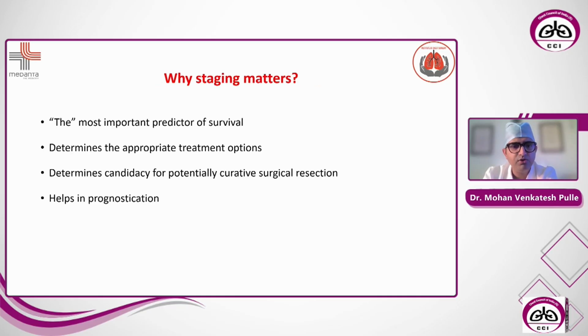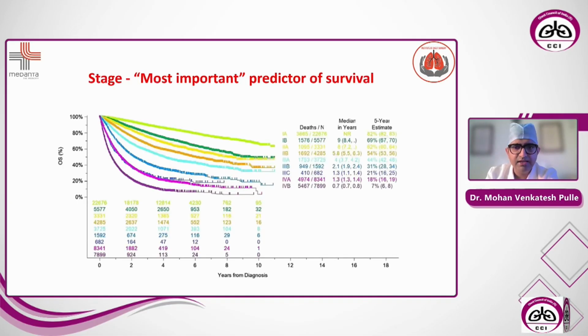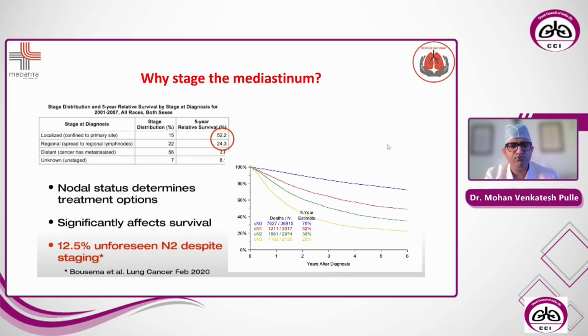Why staging matters? Because it is the most important predictor of survival, it determines the appropriate treatment options, and helps in the prognostication of the lung cancer. And as we can see here, as the stage progresses from 1A to 4B, the 5-year estimate of survival drops from 82% to 7%. And the most important topic, which is pertinent today, is why mediastinal staging is very, very important, or